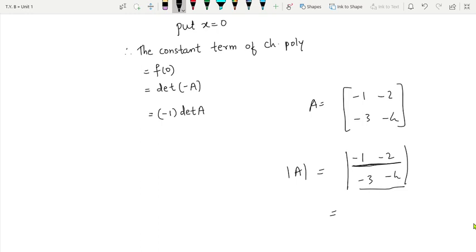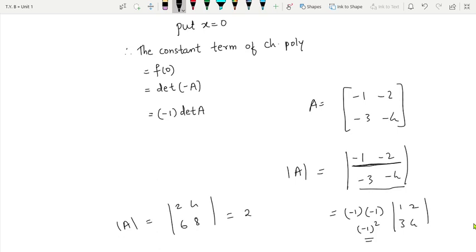So you can see minus 1 is common, so let us take minus 1 out for the first row. For the second row also I will take minus 1 out again, so you are left with 1, 2, 3, 4, and you will have minus 1 out 2 times. Now suppose my A is somewhat different, 2, 4, 6, 8. This we already learned in the second year. So we can take 2 out, and from the second row also we can take 2 out. So it will be 1, 2, 3 and 4. I hope you are getting my point. And it will be 2 to the power 2 that has been taken out, right?